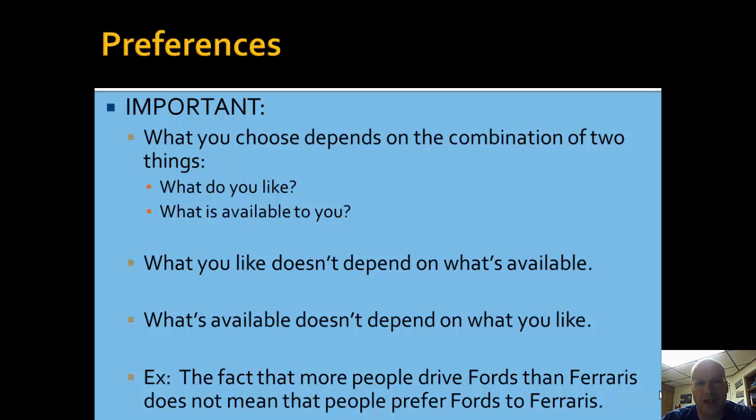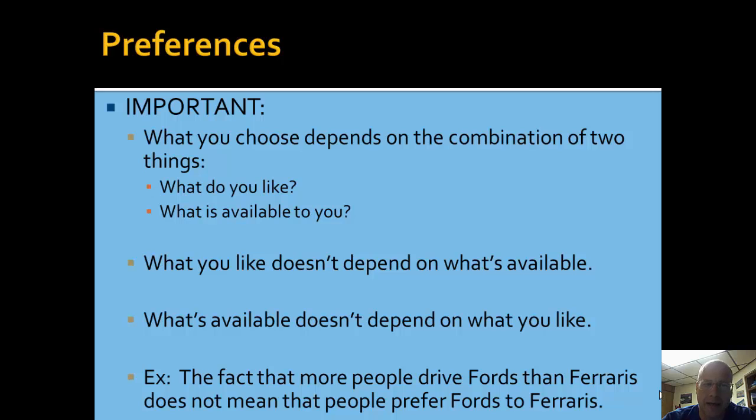Now we're going to shift to consider the other side of the consumer choice problem, and that is how do we explain what it is that people like? Remember that what we choose depends on a combination of two things. The first is what we like, and the second is what's available to you. We looked at what was available to you, and we described what was meant by a budget constraint or a